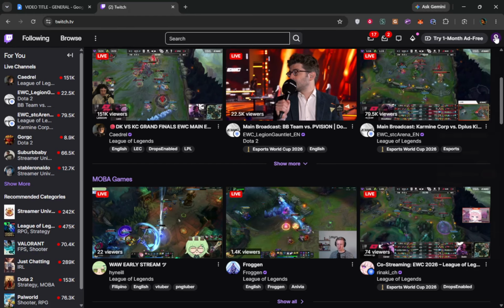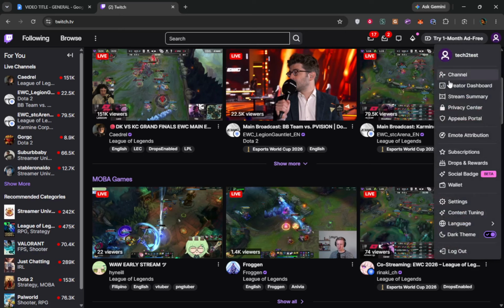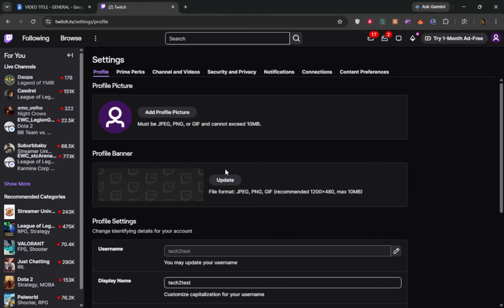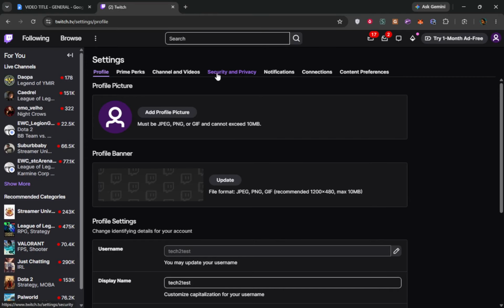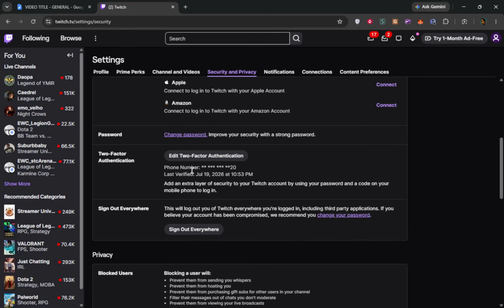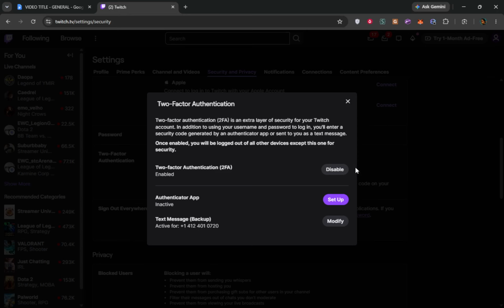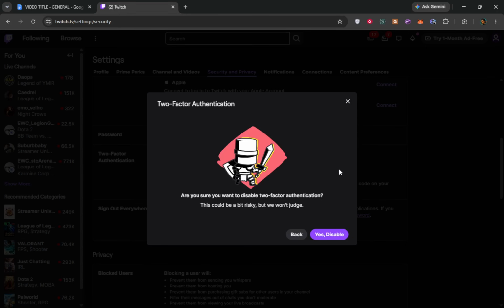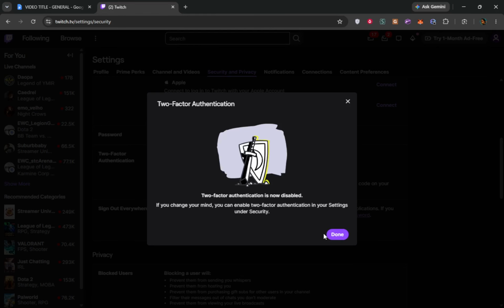Next, disable two-factor authentication for that account. This action will temporarily remove the extra layer of security, but don't worry, you will re-enable it shortly. You'll usually find this option in the security settings of your account. Look for something like two-factor authentication or 2FA. Once you find it, follow the prompts to disable it. This step is vital because it allows you to reset the two-factor authentication process, enabling you to link your account with a new authenticator app later on.